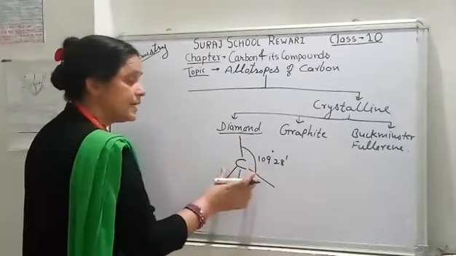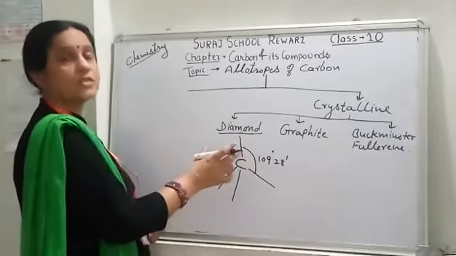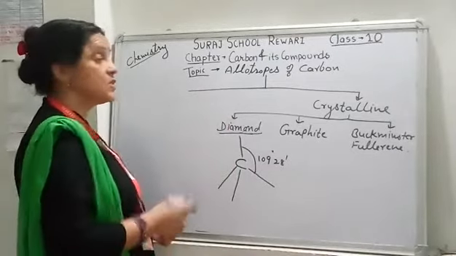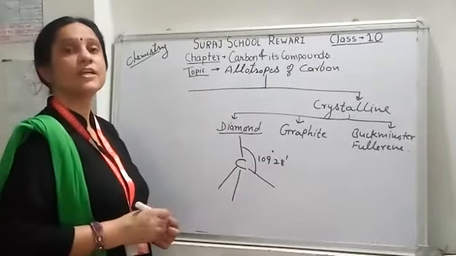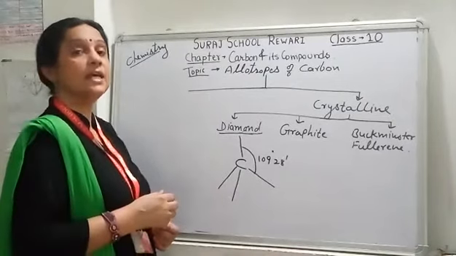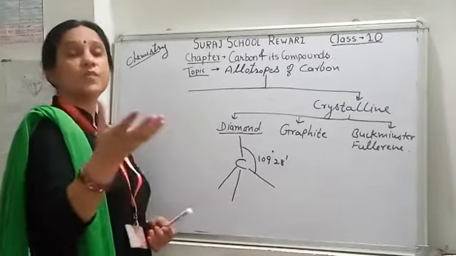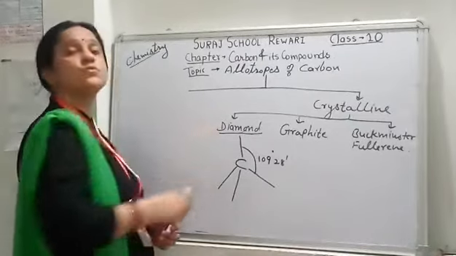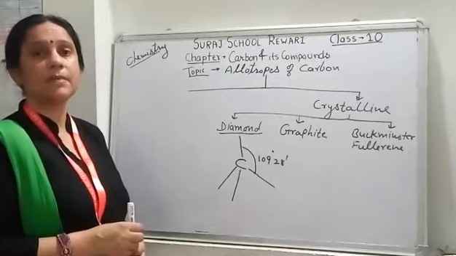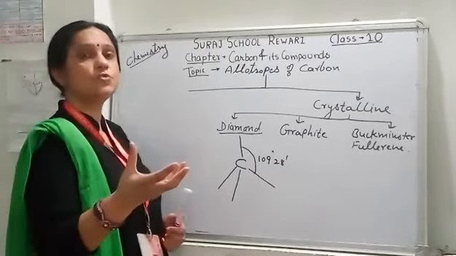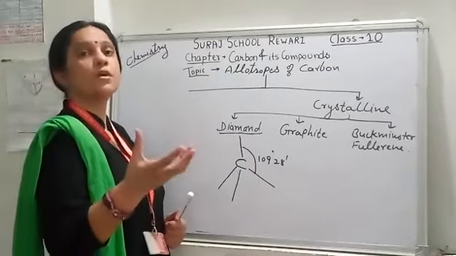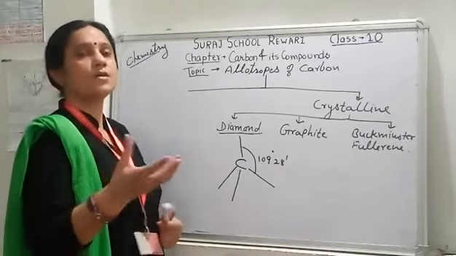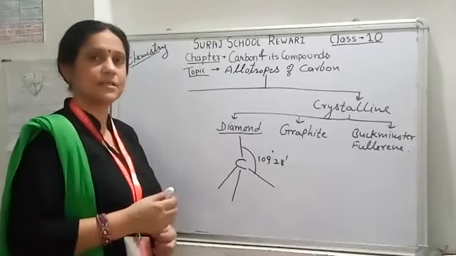Due to the tetrahedral arrangement, these bonds are very hard, very strong. That's why diamond is very hard in nature. Diamond has a very high refractive index. That's why it shows total internal reflection and it is very shiny in nature. Students, diamond is shiny, so it's used in jewelry, ornaments. Diamond is hard, so it is used in drill machines for cutting glass. Diamond is used in surgery of soft body organs, etc.